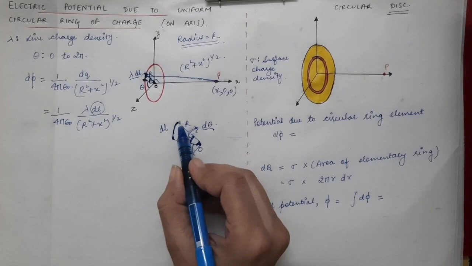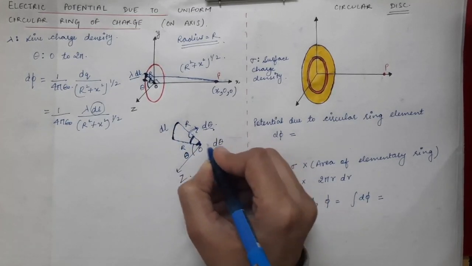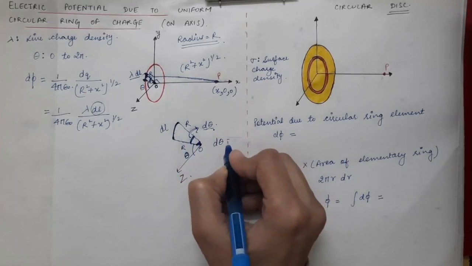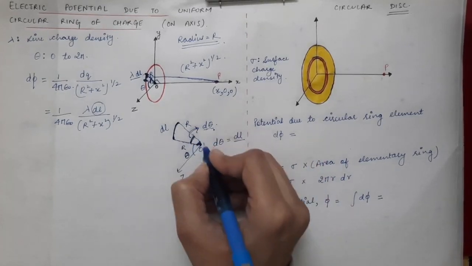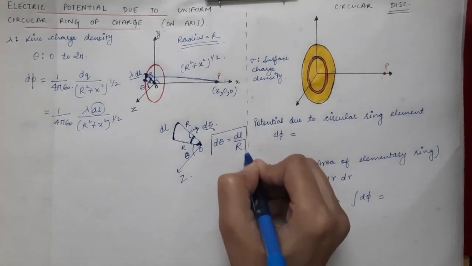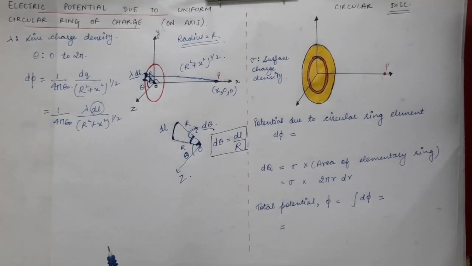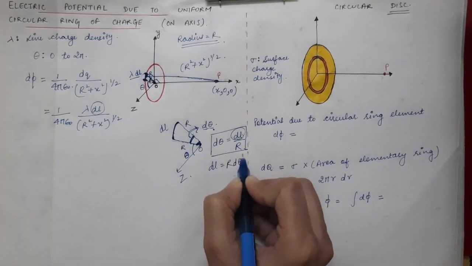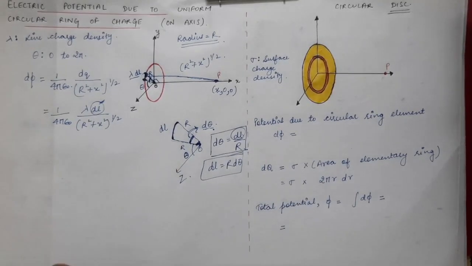So from this particular sector of a circle, dl, we know d theta, the angle which is subtended by the arc at the center. So d theta is equal to the length of the arc, dl, divided by the radius of the circle, capital R. This formula we already do in mathematics. So d theta is equal to dl divided by the radius of the circular ring. From here, dl will be equal to r into d theta, and we will insert dl over here.